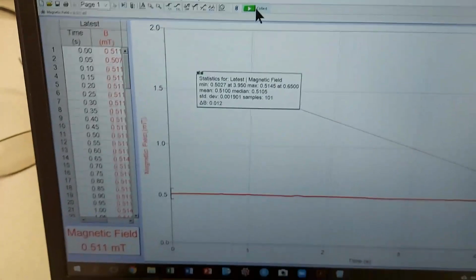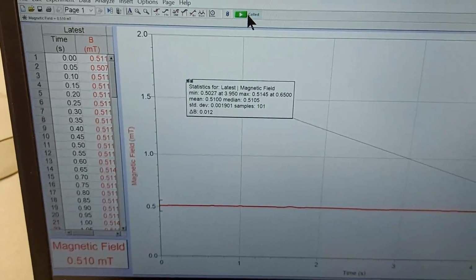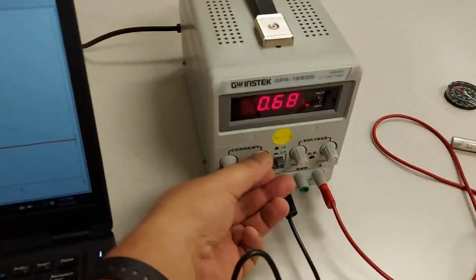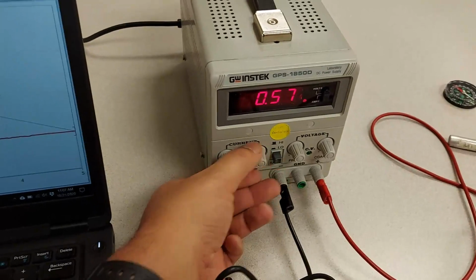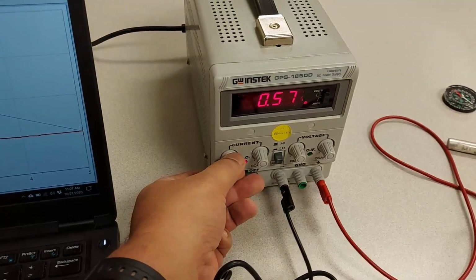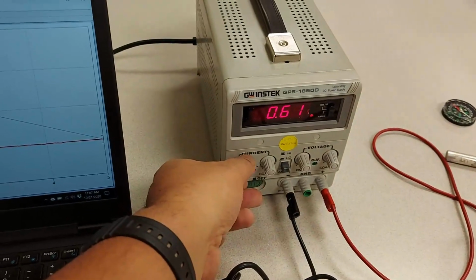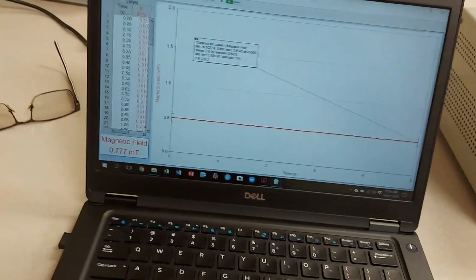The magnetic field at 0.4 amps is 0.51 millitesla. Now at 0.6, it doesn't need to be exactly 0.6. At 0.6, let's hit that.